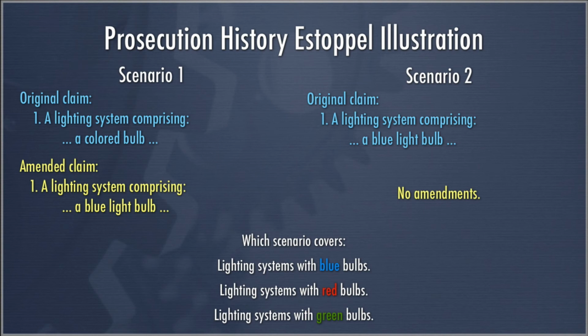Now, it's a fact question about whether green bulbs are equivalent to blue bulbs, and you would send that to the jury, and they would have to decide that on a function, way, and result basis. I don't know how that would work out, but at least that's available. But on scenario 1, it's a very tricky question, and it really depends on the scope of prosecution history estoppel. So the Festo case